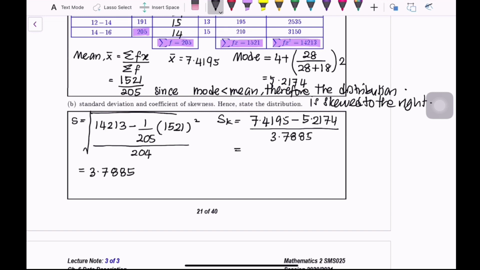So it is equal to 0.5813. Therefore, the distribution is skewed to the